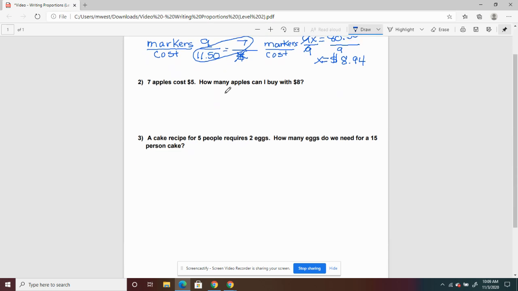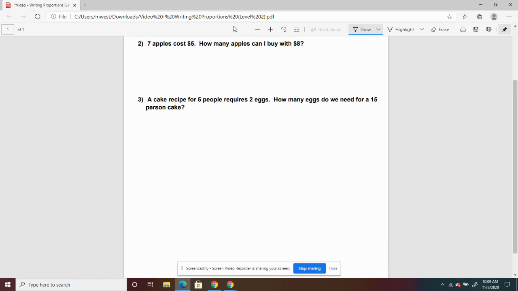All right, let's take a look at the next one. This next one, we have apples. So we have 7 apples over the cost. And if some of y'all struggle with setting it up, I want you to do this right here. You got line equals line, and then over here, put apples over